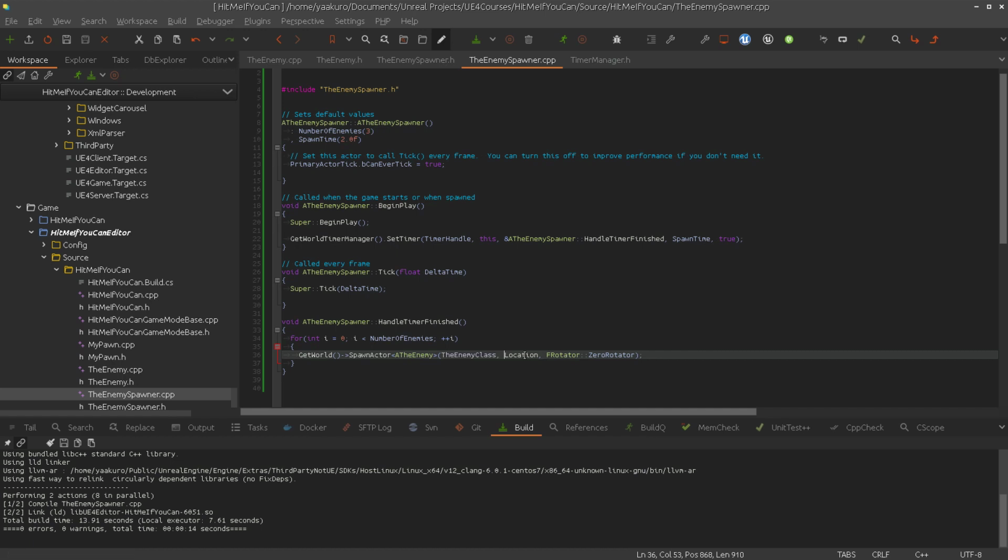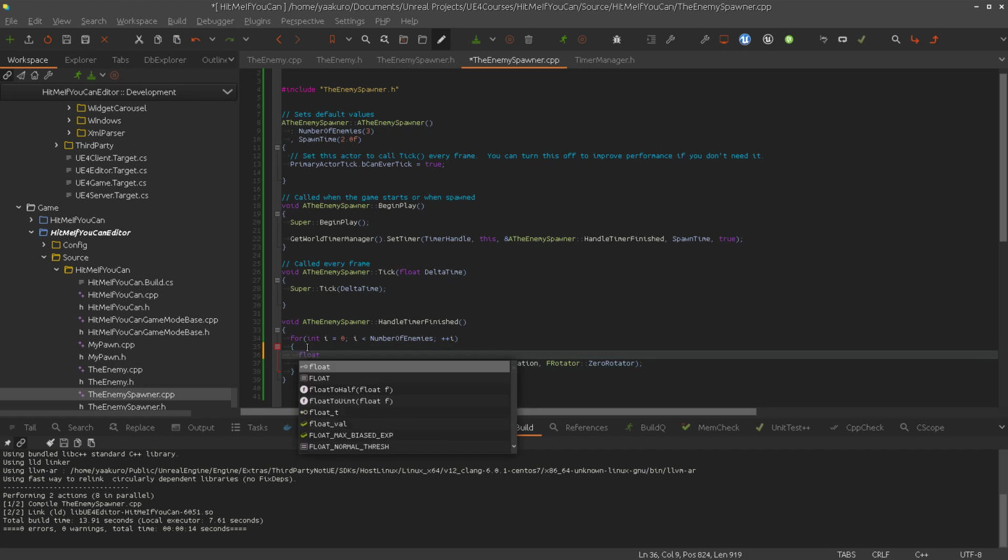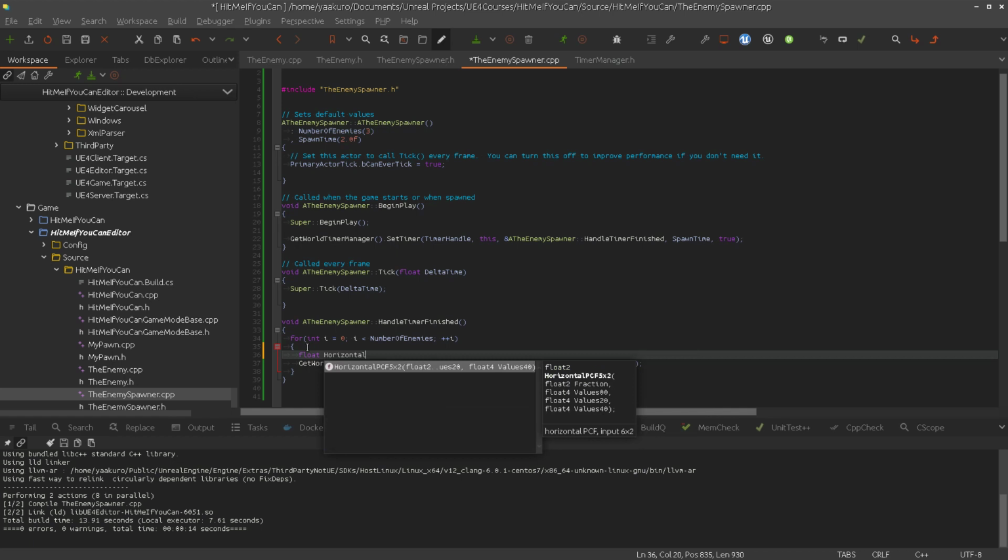I was thinking that we spawn those enemies in a horizontal line somewhere far in front of the user, and they should be spread around specific meters, like, I don't know, to the left 3 meters, to the right 3 meters, and the same in the vertical. So we need 2 random values. One is float horizontal offset,